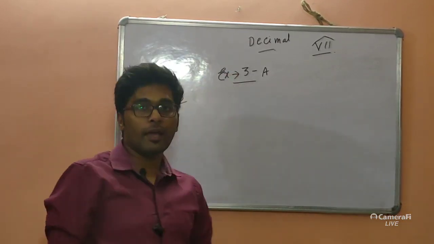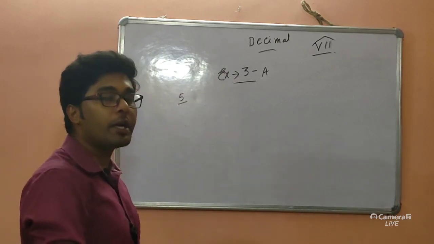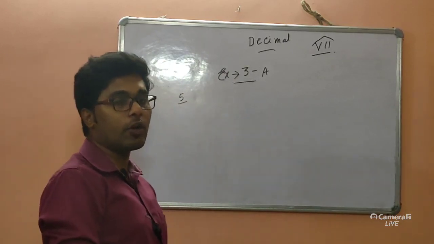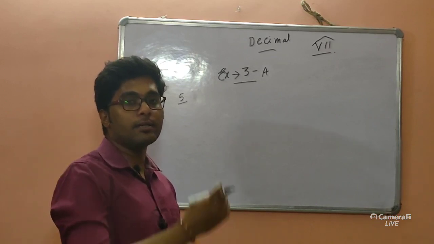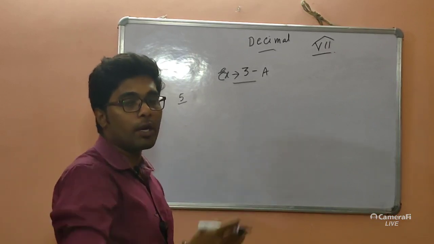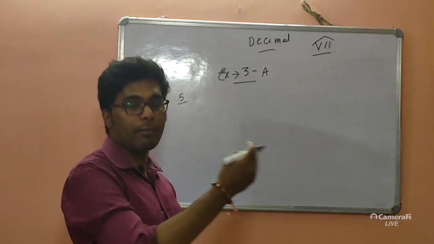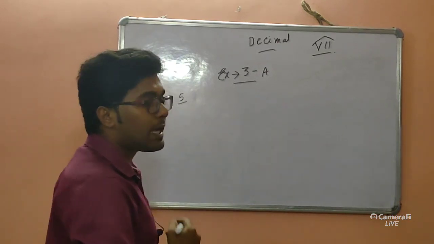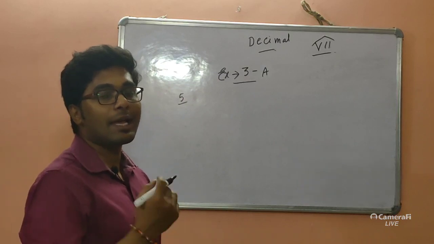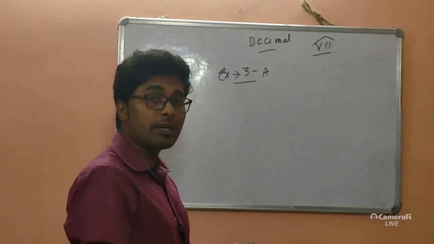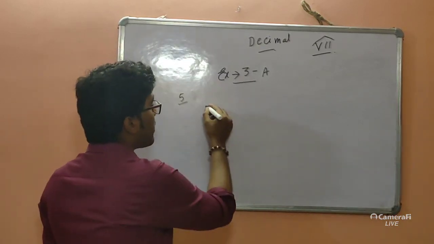Here we have to give the sign for ascending or descending order. We have already discussed what is ascending order and descending order. In ascending order it is from small number to big number, whereas in descending order it is from big number to small number. So here they have asked us to write greater than or less than, that means ascending or descending. Okay, let us check our first question.